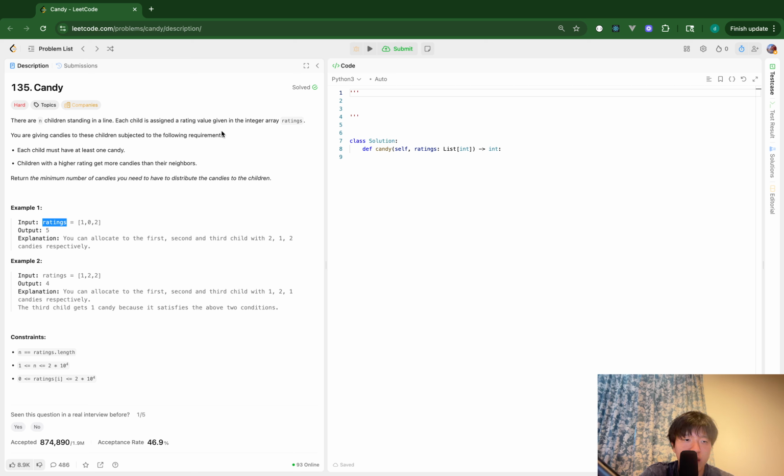And my task is to distribute candies, I mean, according to the rating for each child. And then as the output, I will return the integer, which is the minimum number of candies I need to distribute to children. Okay. And the requirement is that